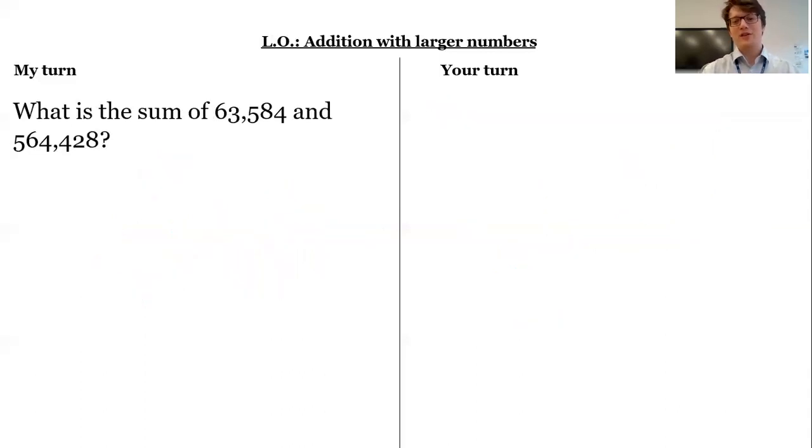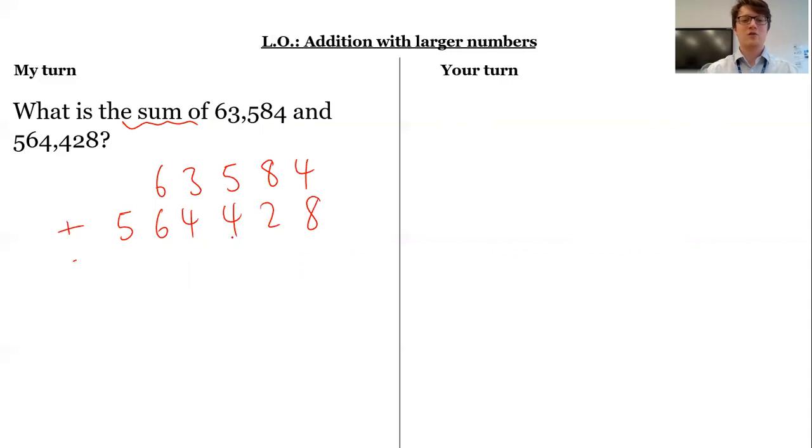What about this one? Very similar. The sum of 63,584 and 564,428. We're just remembering that the sum means the answer to an addition calculation. So put these two together. I could start with 63,584 on the top if I wanted to, and then put 564,428 underneath. Just remembering, of course, there aren't any 100,000s here, so I've got to just check that I've lined